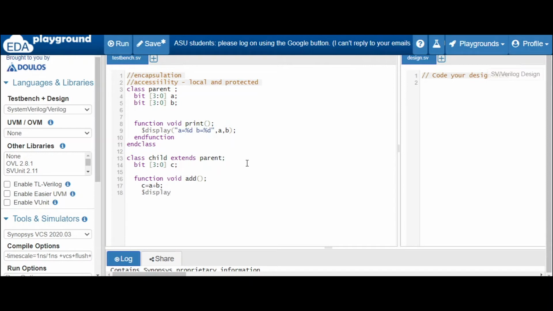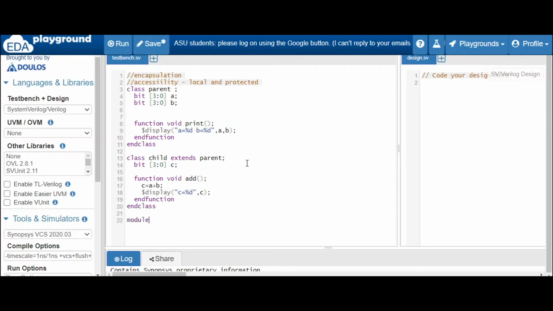Let's display the variable, c equal to %d, comma c, and let's do endfunction. This is endclass.